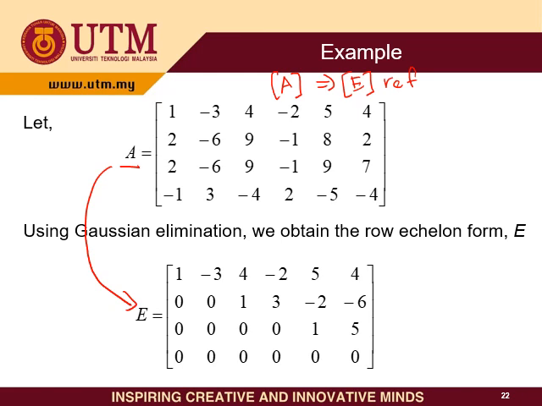And look at the leading ones there. We have 1, 2, and 3. So these 3 columns here, we must take note of the place here. This is our C1, C2, C3, C4, and C5. So this number here,